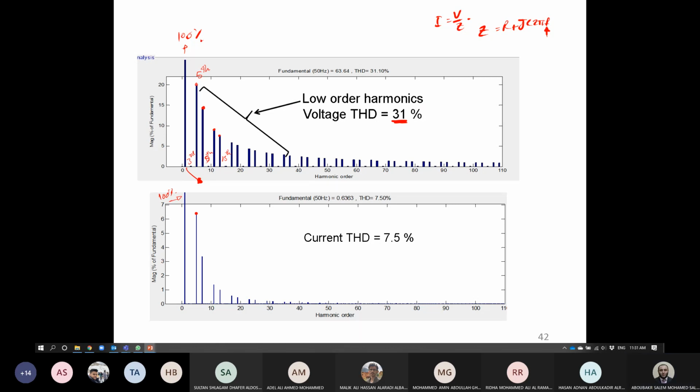Question. This is at fifth order. Can you see at the seventh order? Is the impedance at the seventh order higher or lower? Higher. So the higher the switching frequency, the higher the impedance, and the lower the harmonic contents in current. This expression is very important. Again, the higher